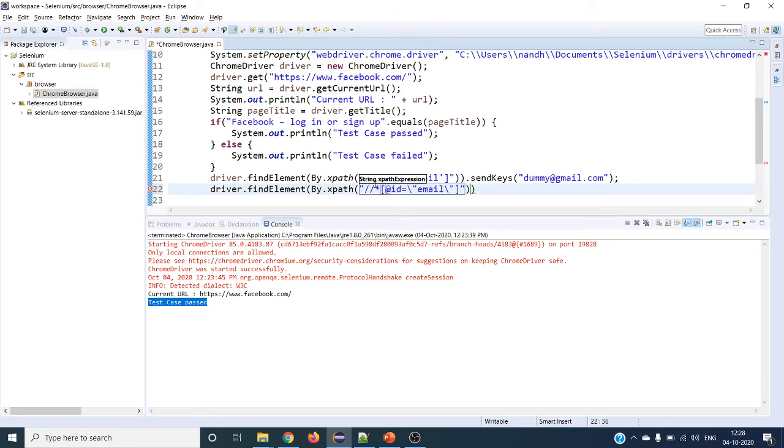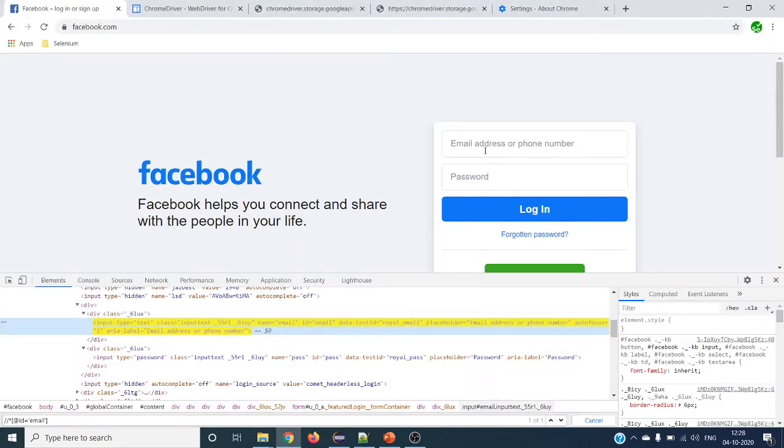Instead of double quotes, we can give single quotes, dot send keys. I am giving a dummy password, PWD. So we have taken in the input email address and password.